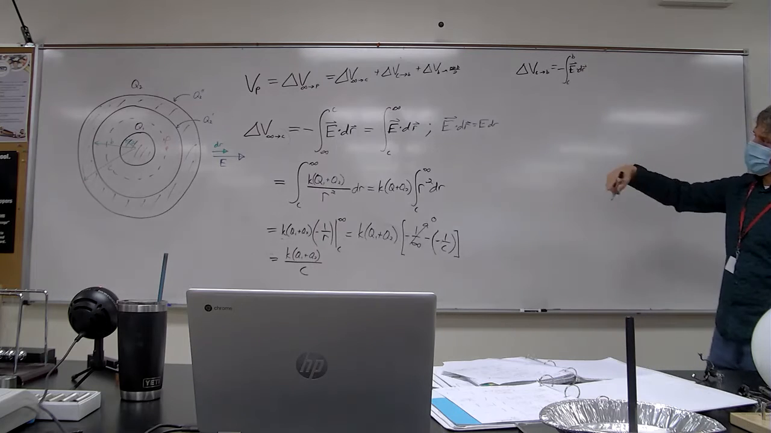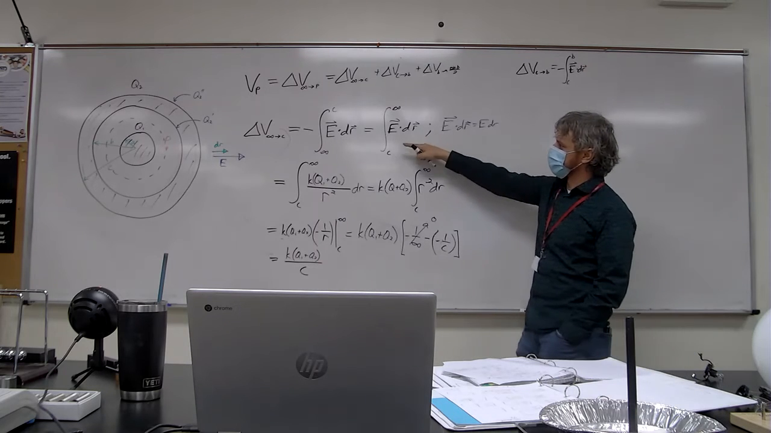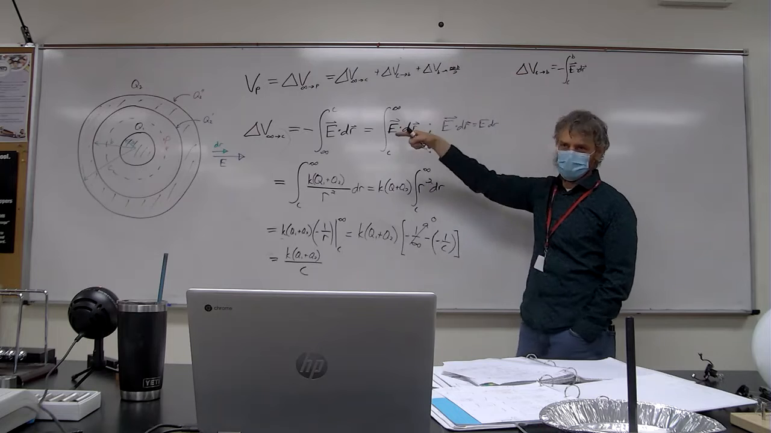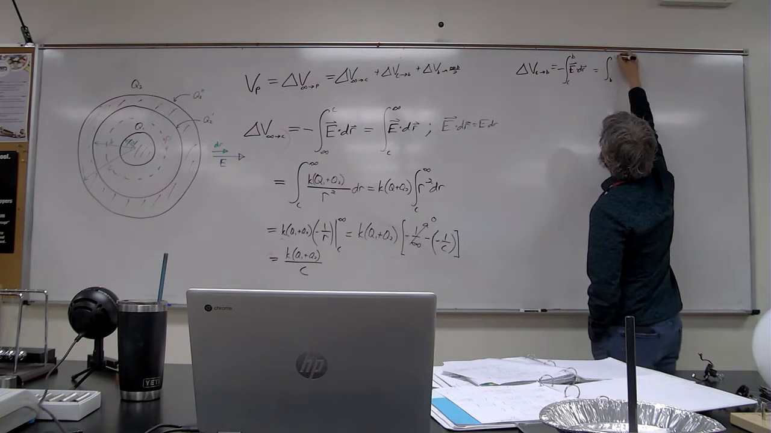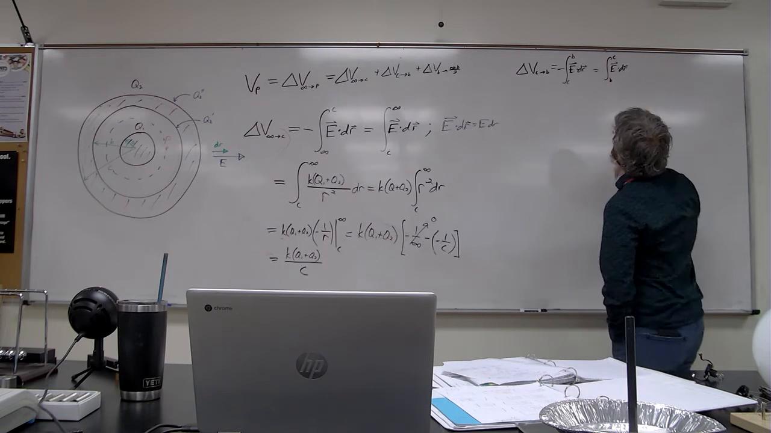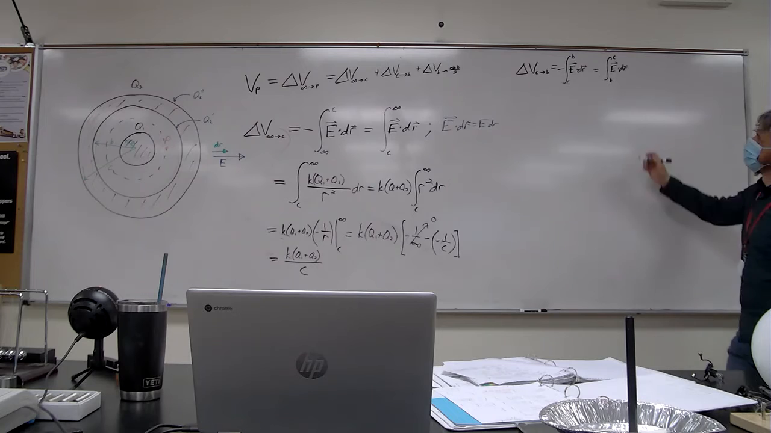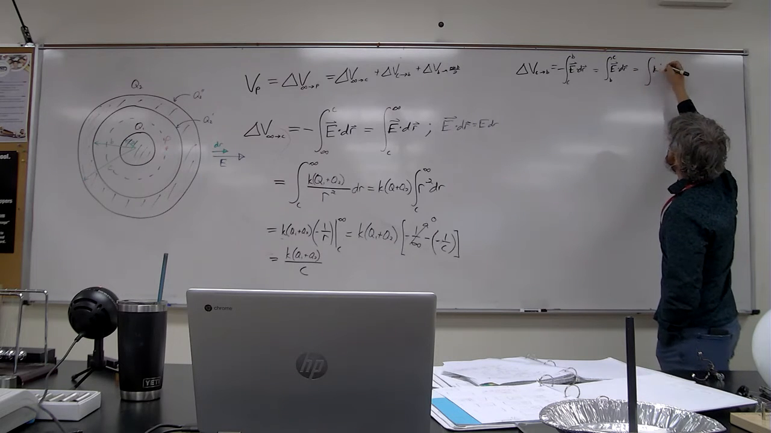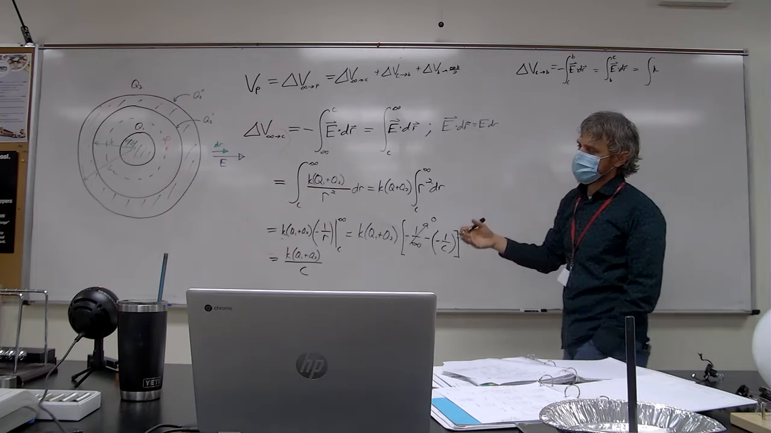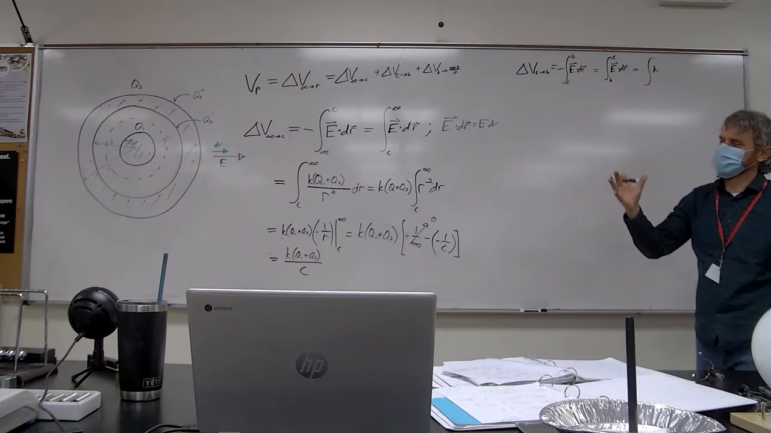Or I can flip the integrals like I did here and go from the inner to the outer instead of going from the outer to the inner. You don't need to do this. So if I go from B to C instead, it'll be positive E dot dr. And then I know E dot dr is just K times the enclosed charge, times the charge underneath it,